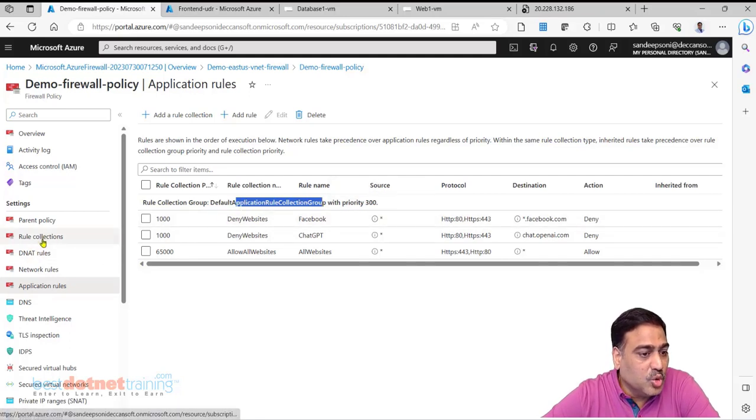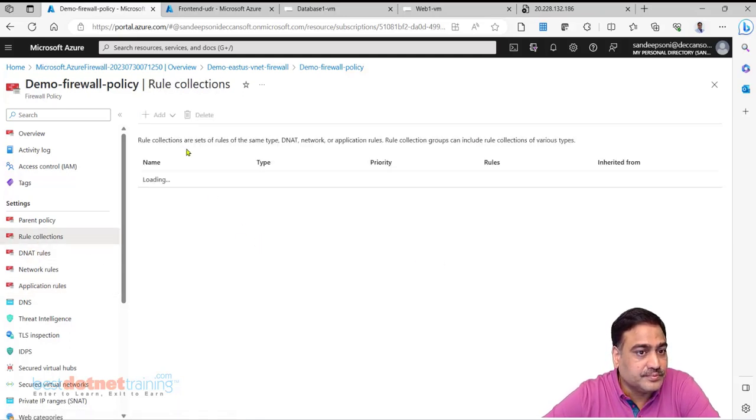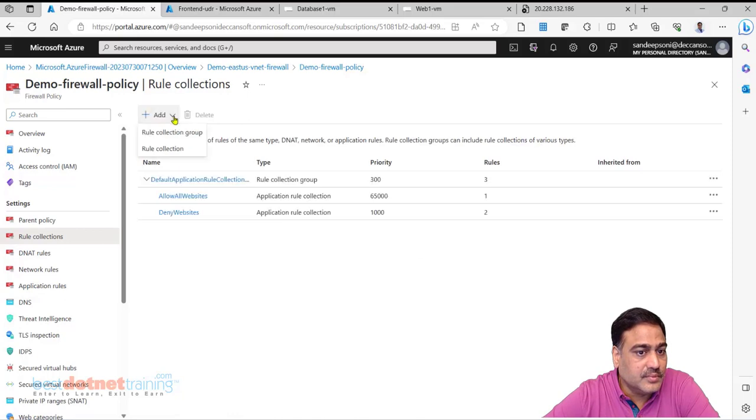That is group, and group can be created from here. Rule collection group is the highest level. Under rule collection group we have got rule collection, and under rule collection we have got rule. Rules don't have priority. Priority is only for rule collection and collection group.